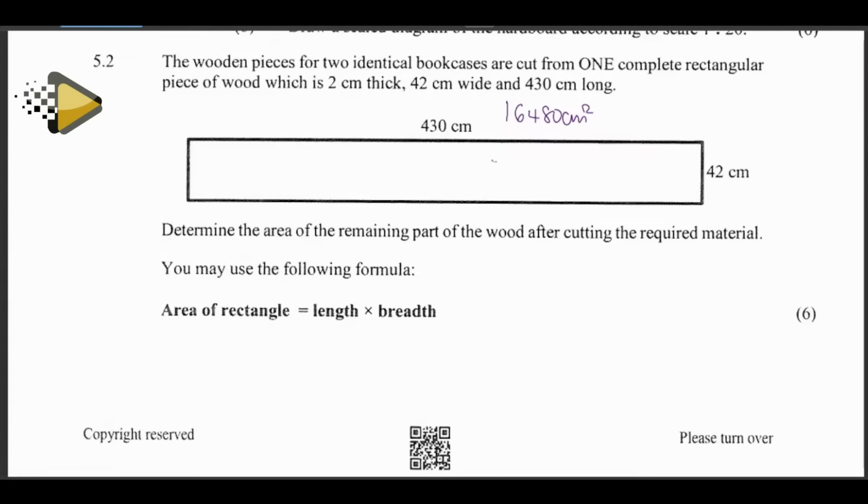Now we find the area of this piece of wood where they're going to cut the other wood. So it's going to be 4 times 42, which gives you 18,060 centimeters squared. We are looking for the leftover cutting required. So we subtract these two. This came from the area needed for those pieces of wood for both shelves. So when we subtract, we end up having